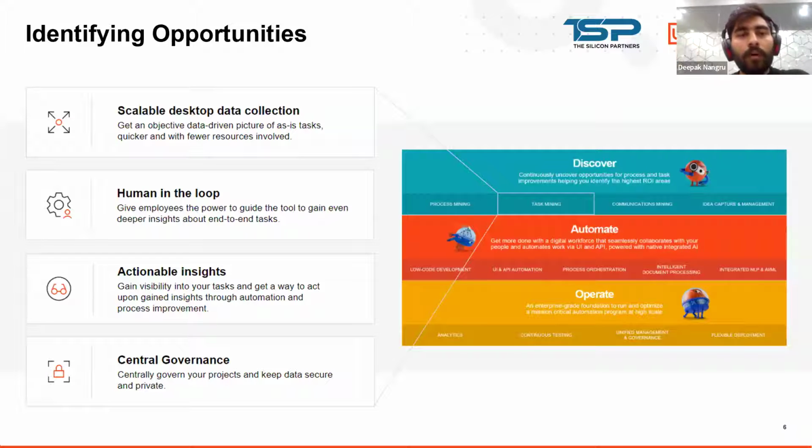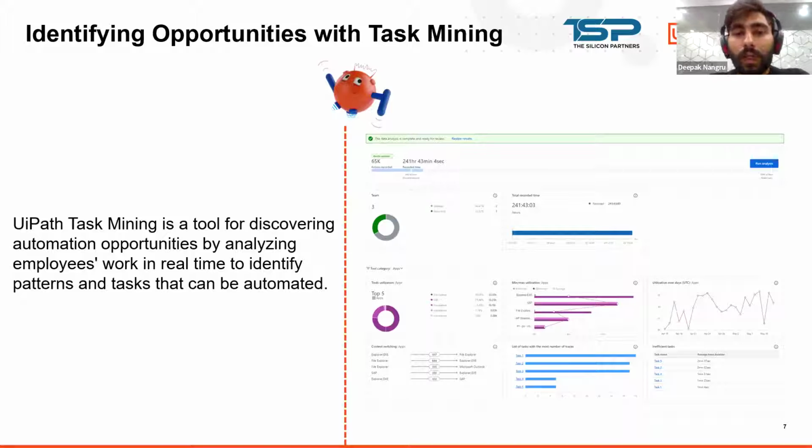On the next slide, we'll see a dashboard. You'll see on the right side there's a dashboard. You'll notice that in this project we have around 240 hours of data recorded, and around 65K actions. From this data we can understand what the users are working on: how many applications they are majorly using, what the top 5 applications are, what the minimum and maximum utilized apps are, and how much time a day they spend on those particular processes.